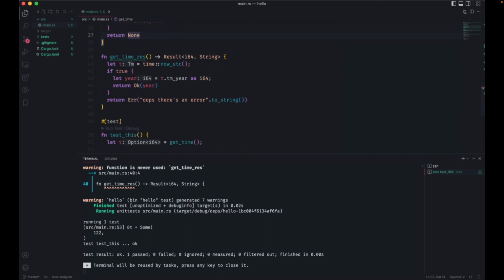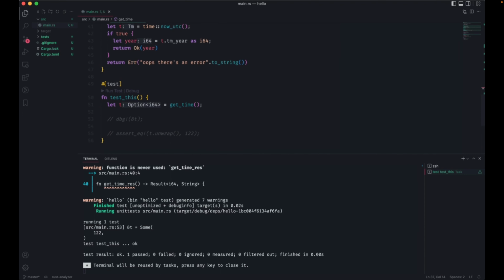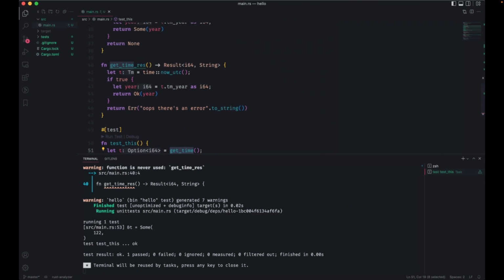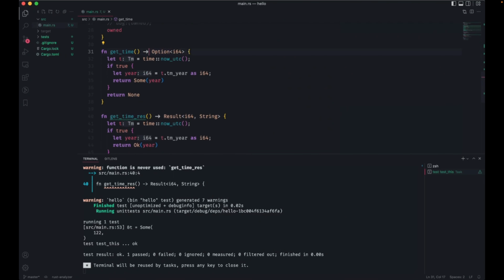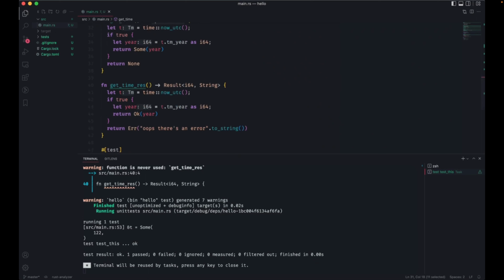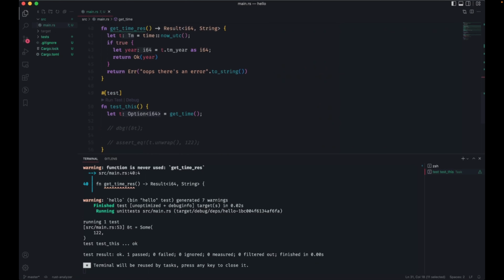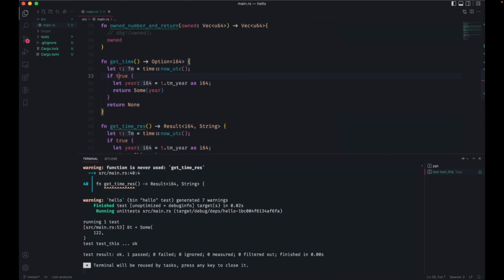Okay, so in my test, I'm calling this getTime function we did above, and getTime returns an option type. Here it's a true statement, so I am returning a Some. Some is a variant of option.